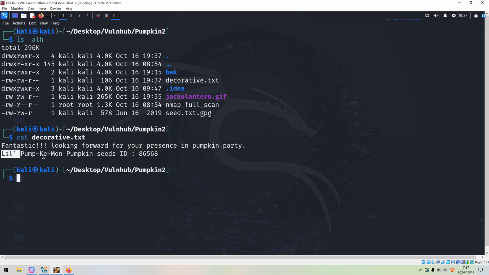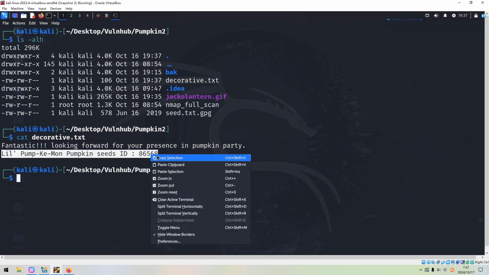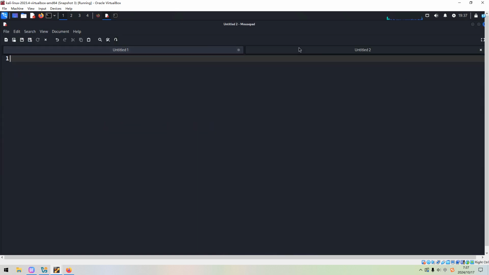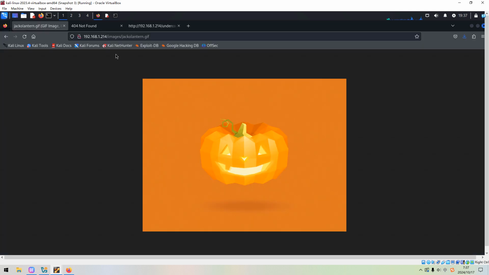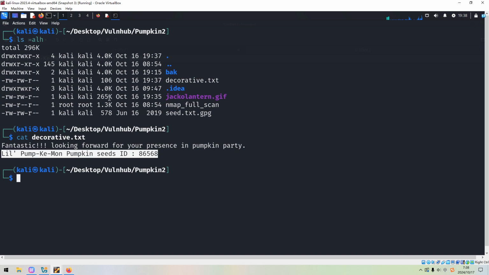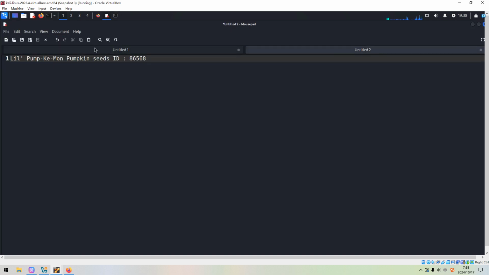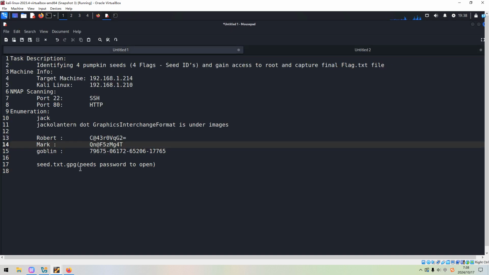So maybe we can note down such information, because we need to collect all four seeds, and this is the first one. Okay. And what else have we already got? And now we need to decode this one.